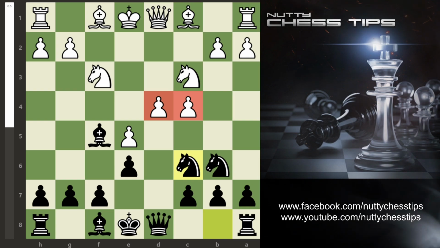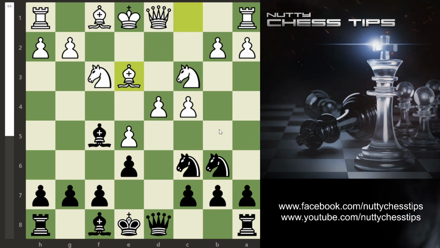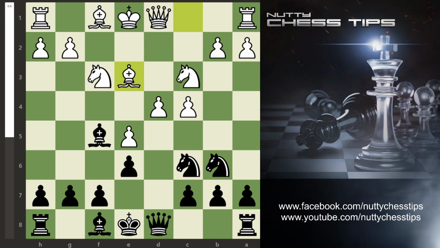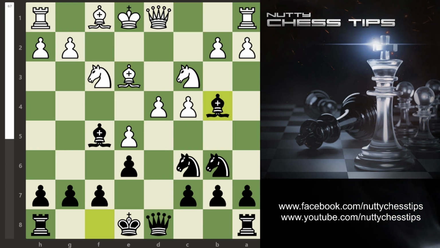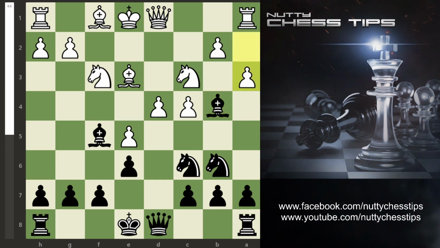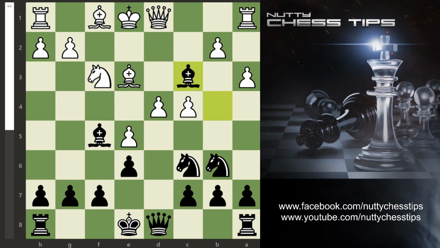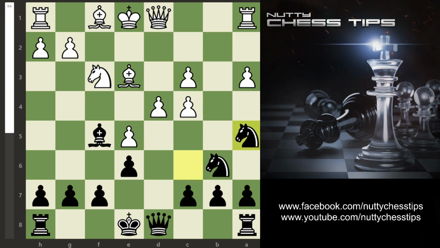So you'll usually see in this situation bishop e3. If bishop e3, now I go bishop b4. We're keeping an eye on this knight. If they ever move the a pawn, we now take the knight. When they take back, now we have this move, which is knight a5, and we're keeping an eye on this pawn